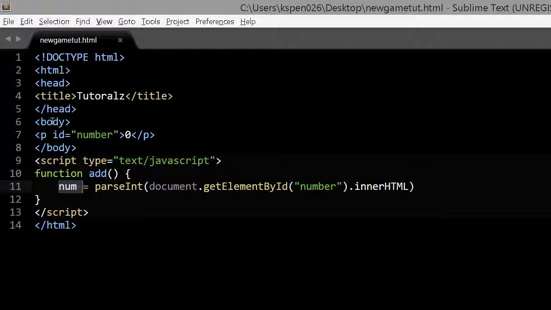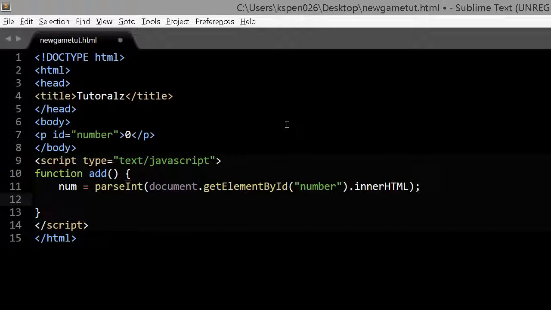as num, as the variable num, which is public. A public variable, but it can only be established after you've done add. Then we're going to do